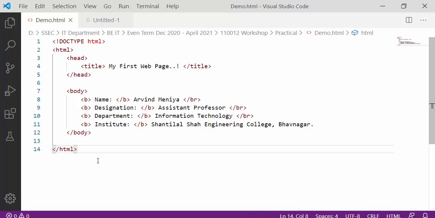Okay, one more thing, any tag in HTML has two forms. The first one is known as a starting tag. So here you can see this is the starting tag and the tag is HTML. For every starting tag in HTML, you must write a closing tag for that particular tag.